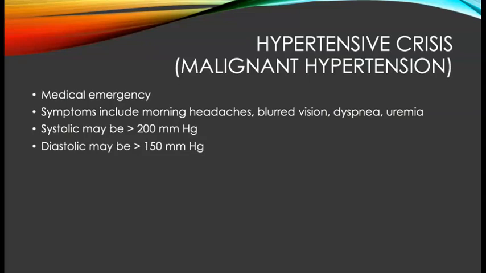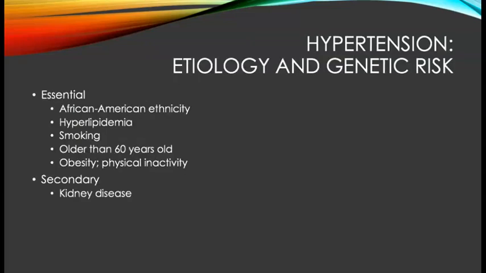And symptoms can include a morning headache, as well as changes in vision, shortness of breath, or even uremia. Here are some additional risk factors for essential hypertension. First is African American ethnicity. It's one of those family genetic risk factors. Hyperlipidemia, history of smoking, someone who's over 60, as well as those who are physically inactive or have a sedentary lifestyle and